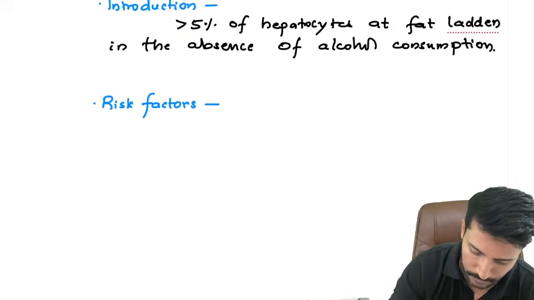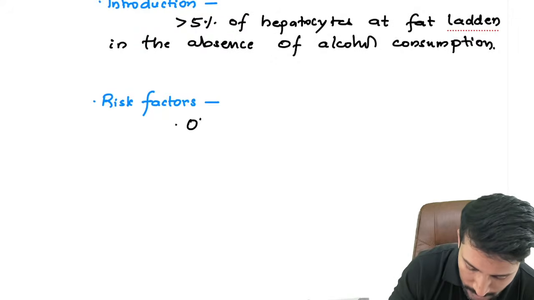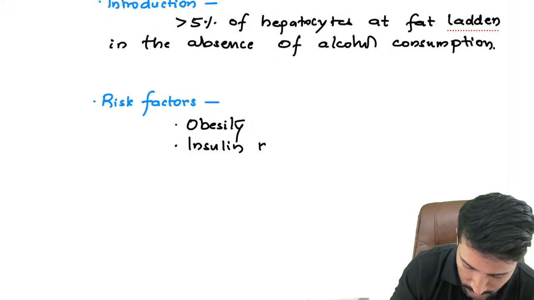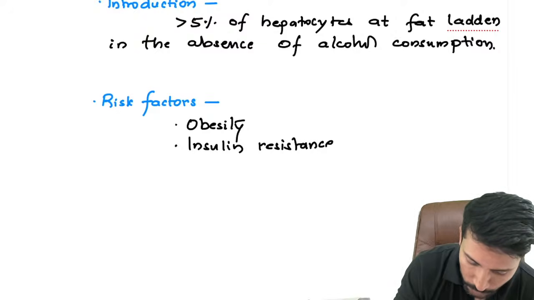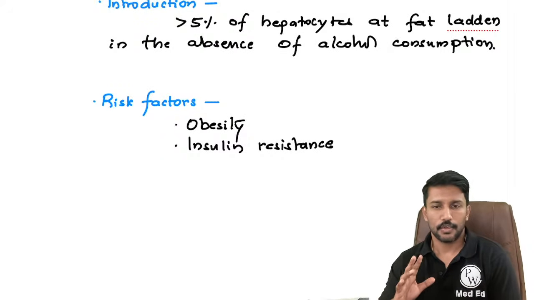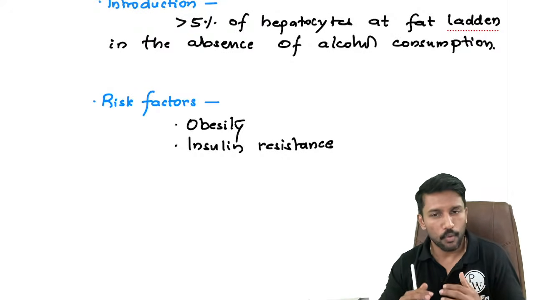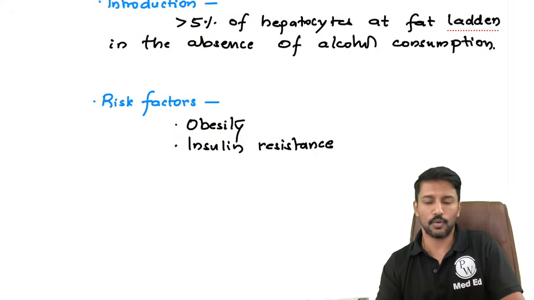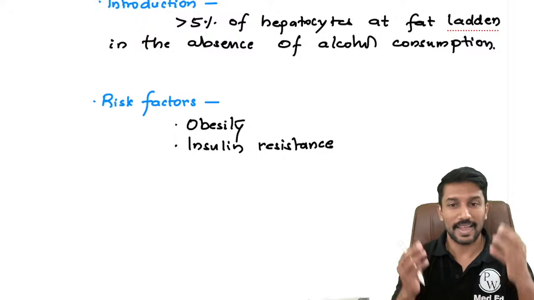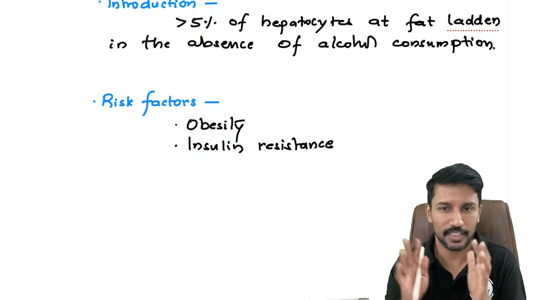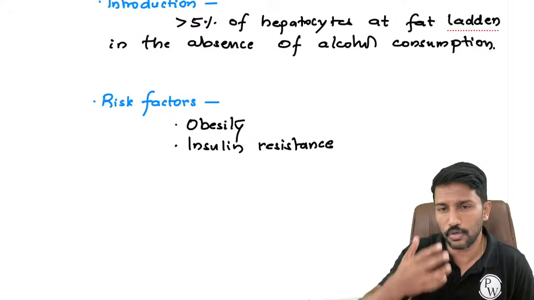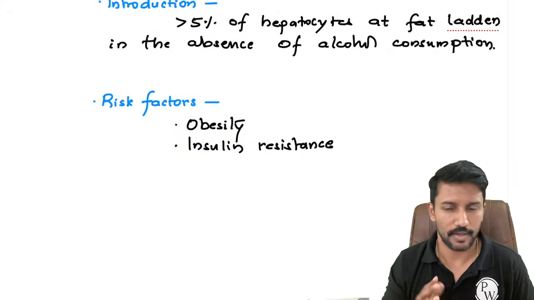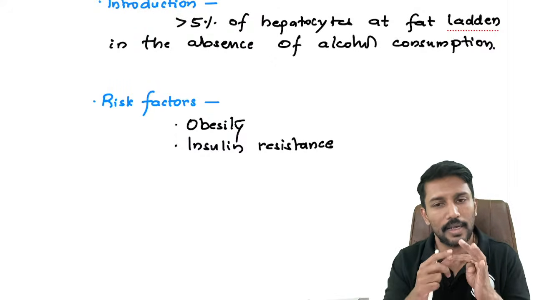The risk factors are, okay, so the first one is obesity, insulin resistance. So basically, fatty liver disease, you can think of it in this way. Let us say there's an individual who is consuming way more than the amount of calories he is burning. And physics, the Einstein had told that energy can neither be created nor destroyed. It can be transferred from one form to other. So if I took a lot of calories in, either I have to spend it or save it in some way, right? And the way we save it is in the form of glycogen and fat.